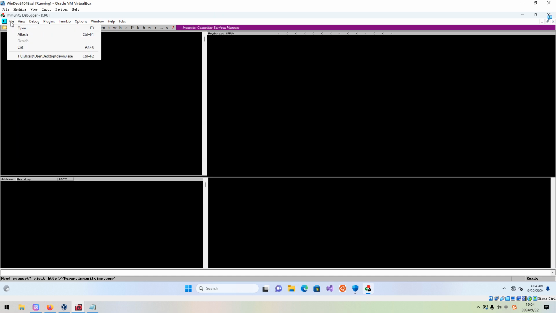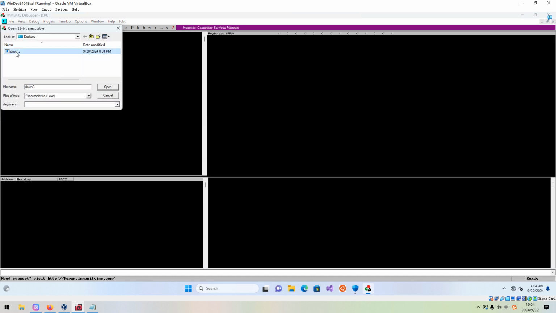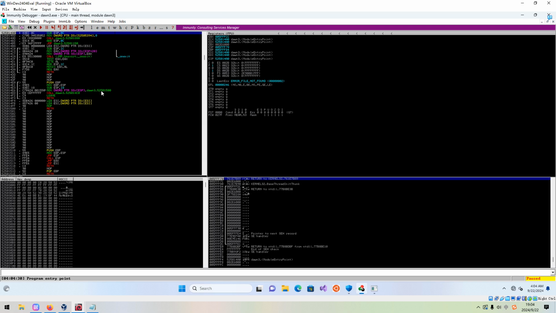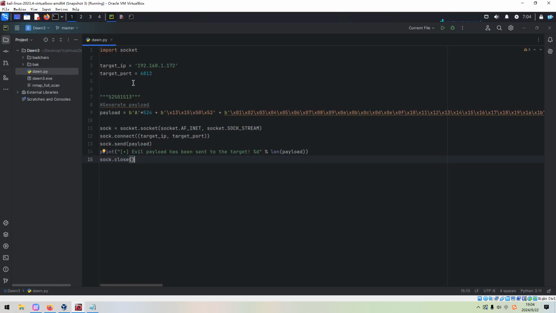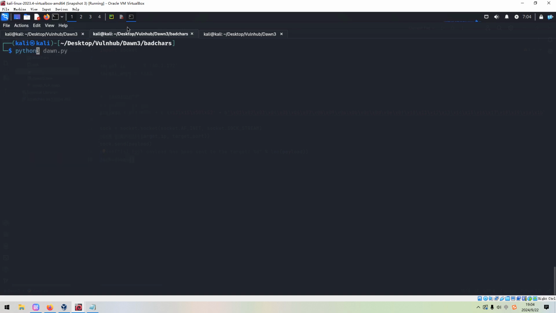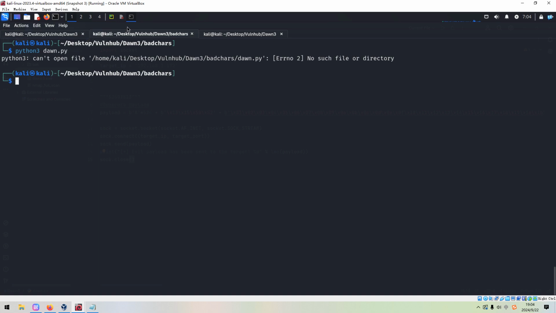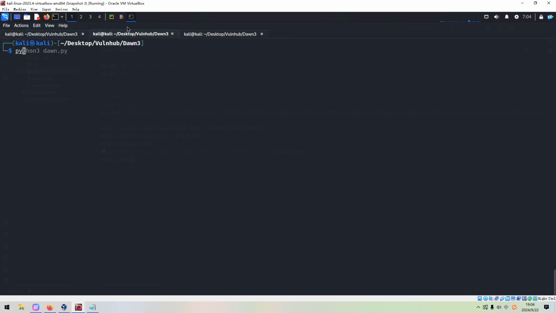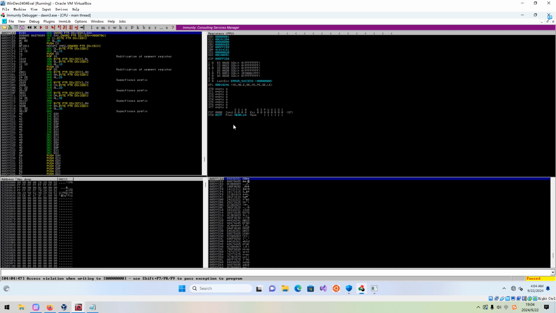Now we can open the executable as usual, run it. Now we can launch the attack. Oh, sorry, we need to go up a layer, Python, done. And now, as you can see over here at EIP, we need to find this.